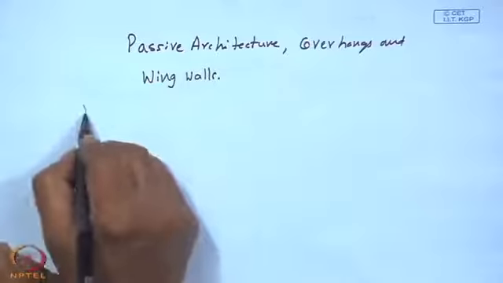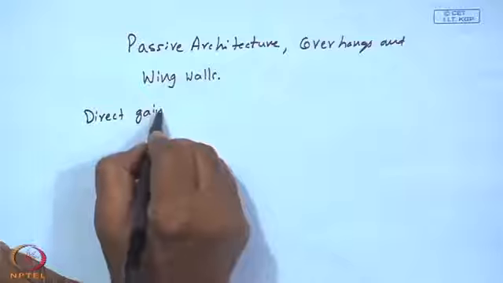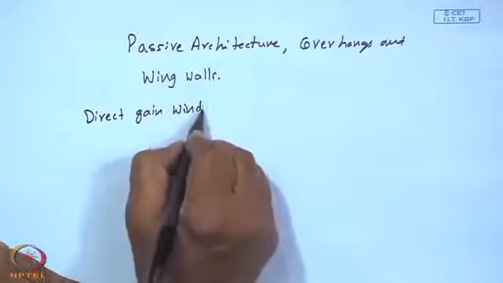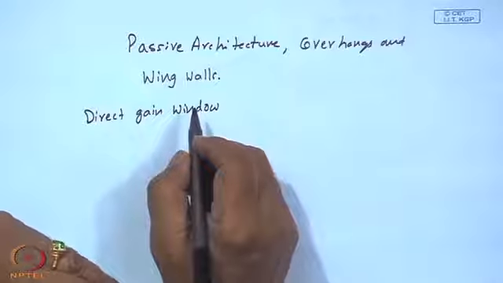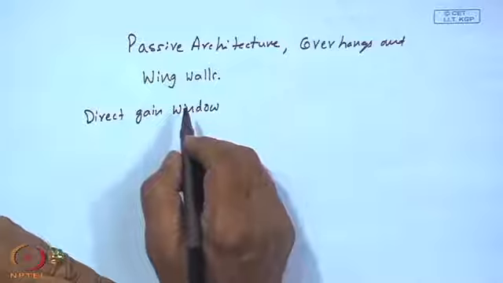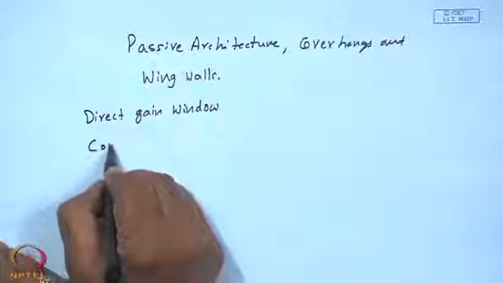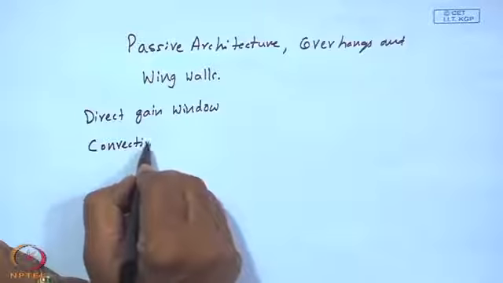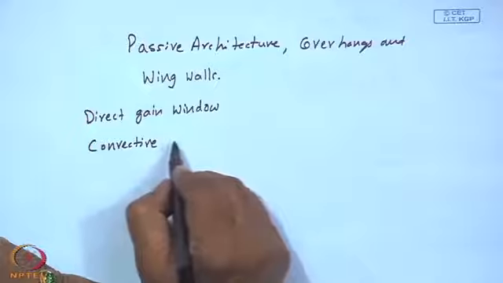And there can be a direct gain window. It is just nothing but a window, and if you close it, the solar radiation entering into the window will not escape after heating the body inside because of the longer wavelength radiation. And then you may set up convective loops to keep the room or the enclosure warmer,